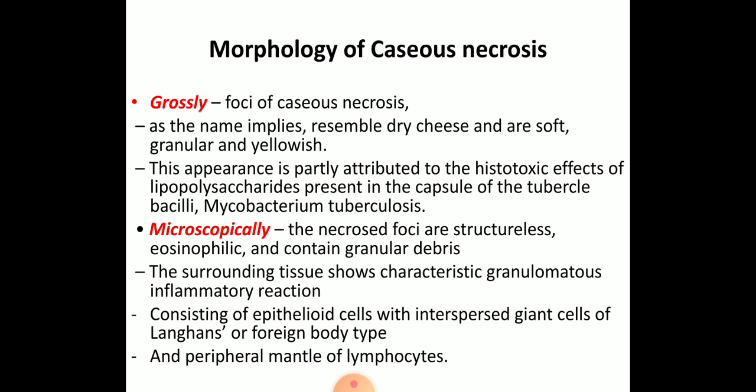Morphology of caseous necrosis. Grossly, you can see foci of caseous necrosis. It looks like dry cheese and is soft, granular and yellowish in color. This appearance is partly attributed to the histotoxic effect of lipopolysaccharide present in the capsule of tuberculous bacilli. Microscopically, the necrotic foci are structureless, eosinophilic and contain granular debris. The surrounding tissue shows a characteristic granulomatous inflammatory reaction consisting of epithelioid cells with Langerhans type giant cells and a peripheral